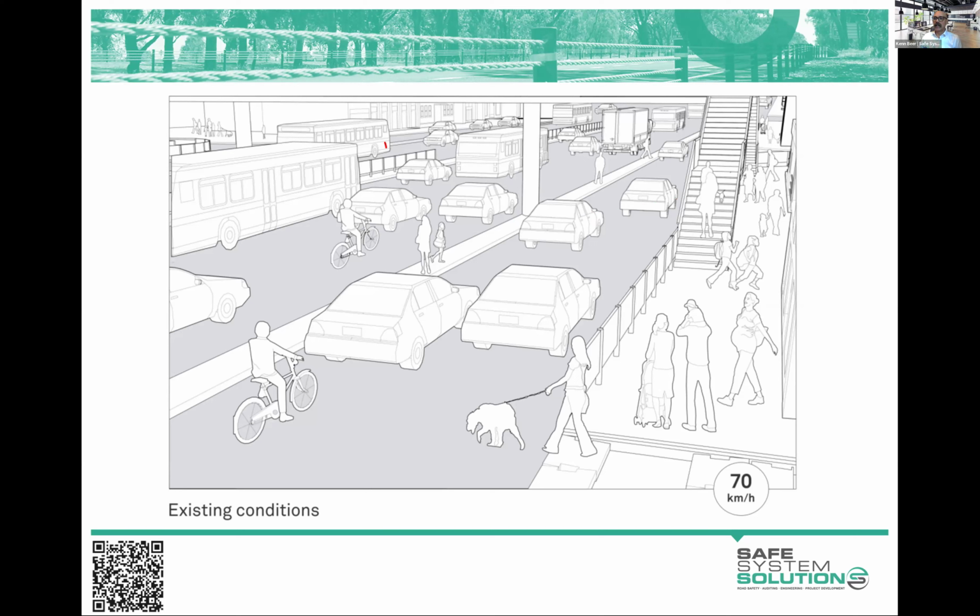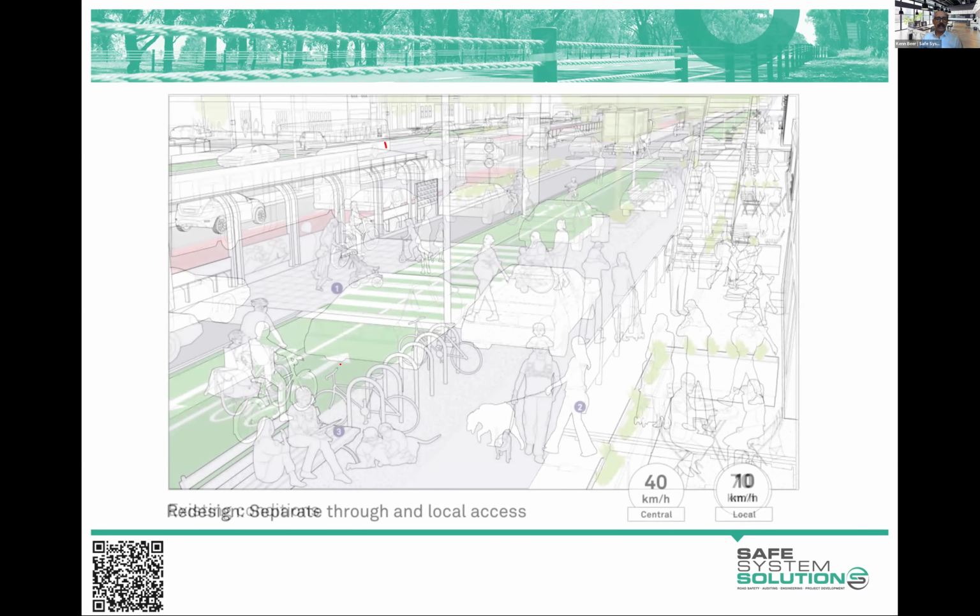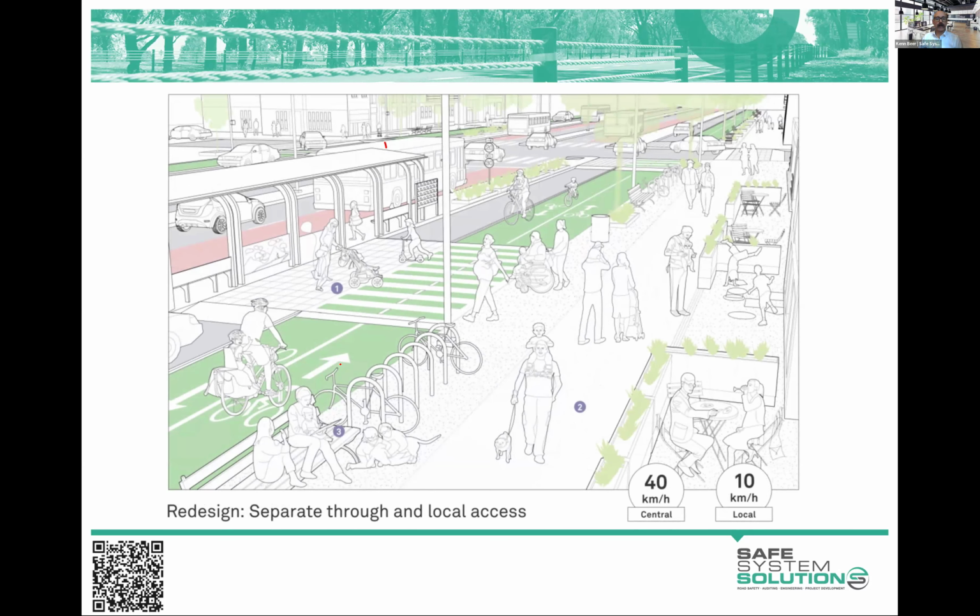What else have we got here? So many good comments coming in here. So, dedicating some of these areas. Let's just have a look at the artistic impression. You can see the increased place value, wider areas for pedestrians to walk, to hang out, to have a coffee and the like. And then your movement through the area on bikes, in buses, cars as well, and pedestrians walking through the area. It's still providing pretty good movement function for all these different modes.